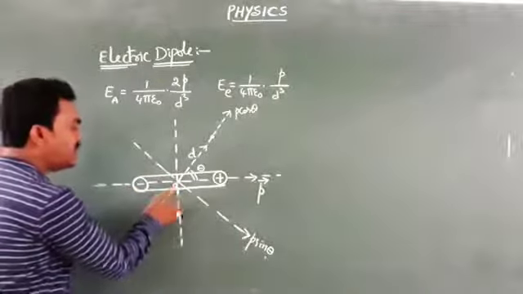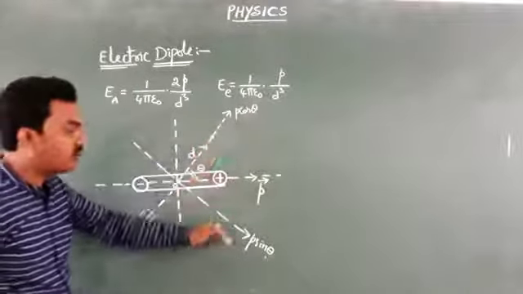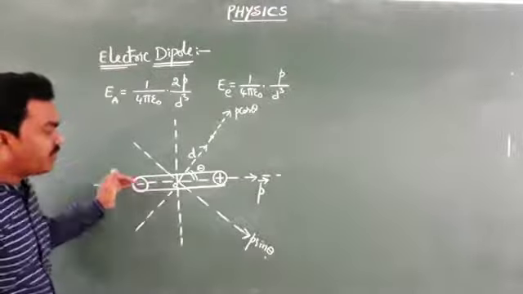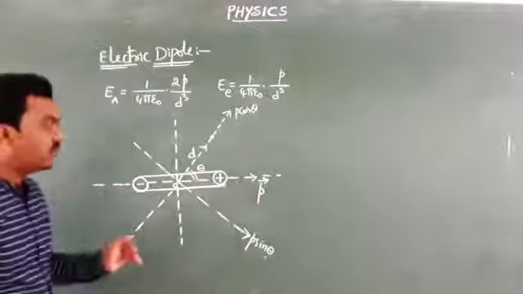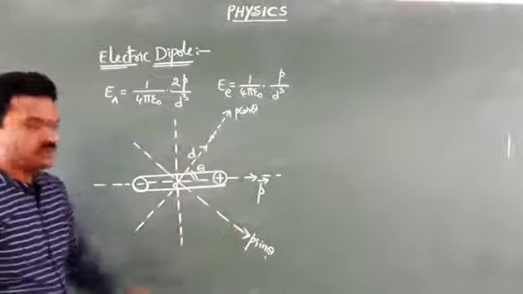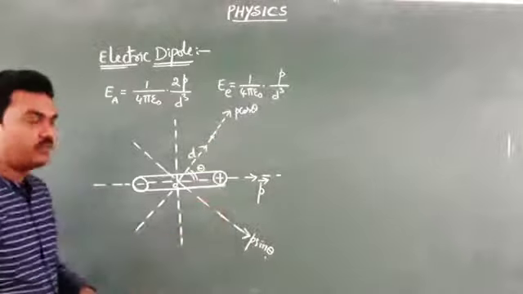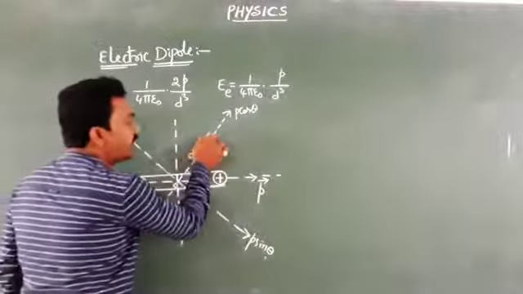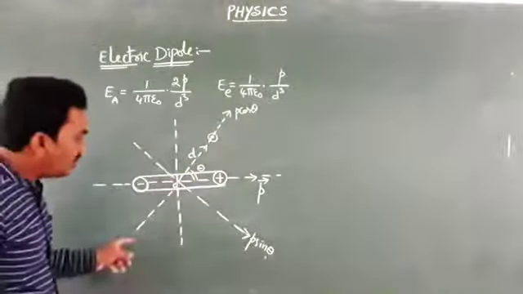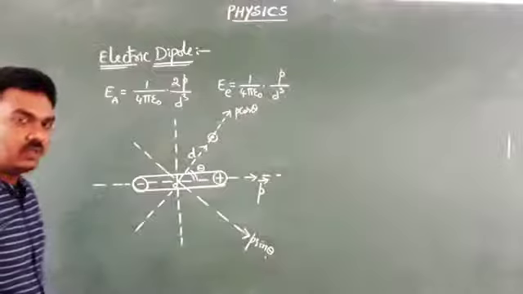This shows that there is a presence of two dipoles, one with moment p cos theta, another with moment p sin theta. Don't say there are three dipoles, because the dipole moment vector p bar can be replaced with its two perpendicular components, p cos theta and p sin theta. So I have two dipole moment vectors, one is p cos theta, another is p sin theta. Now, this particular point where I wish to calculate the field intensity lies on the axial line of the dipole of moment p cos theta. Hope you got the logic.